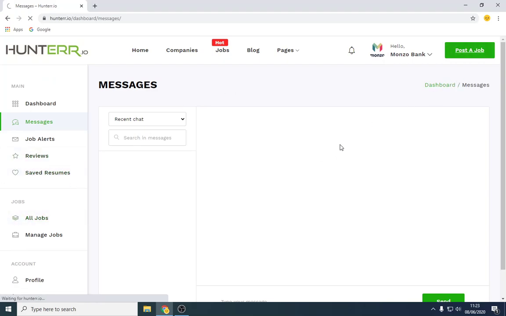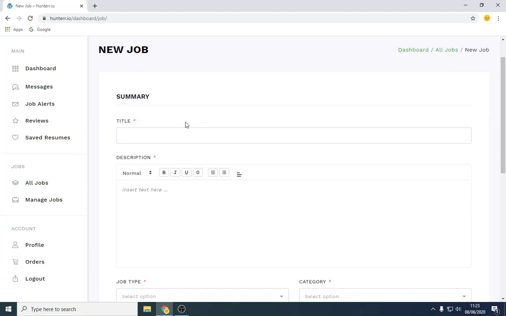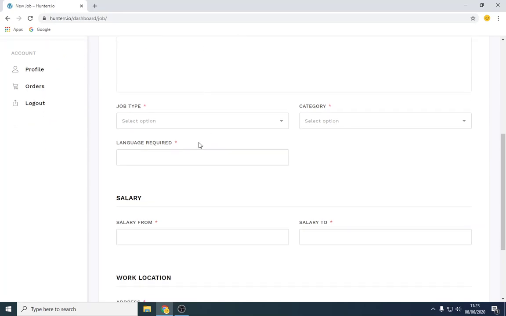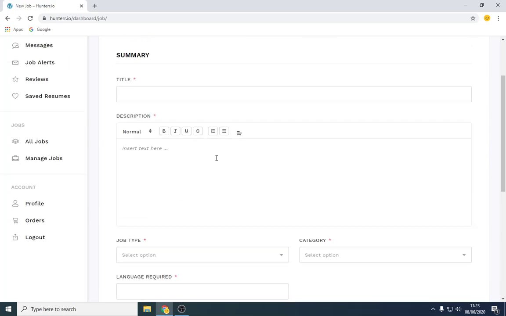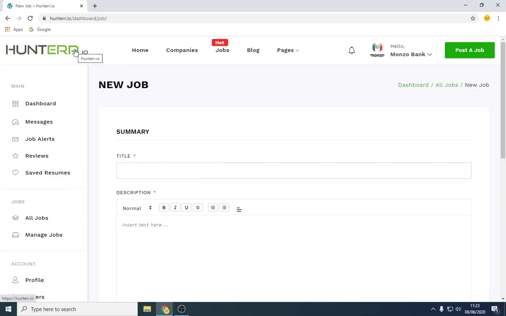To post the job, very simple. You make your account. You post the job. You put in the title, the description, whether it's a freelance position, categories. I mean, it's self-explanatory. You put the language they need. So if it's English, it's English. Put the salary and where it's located. So you can just put the city or wherever it's located, and you post the job. And from there, it will begin showing on the website.